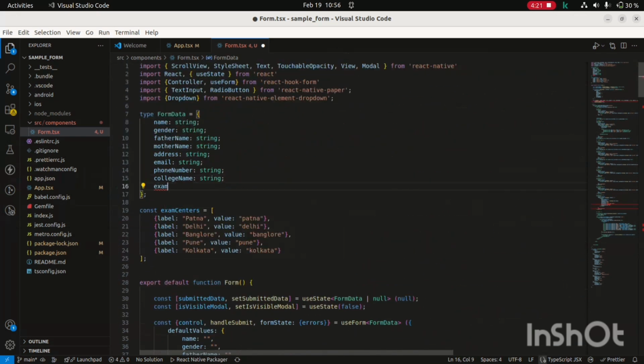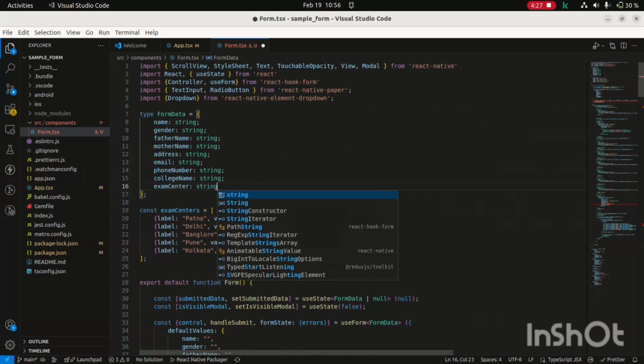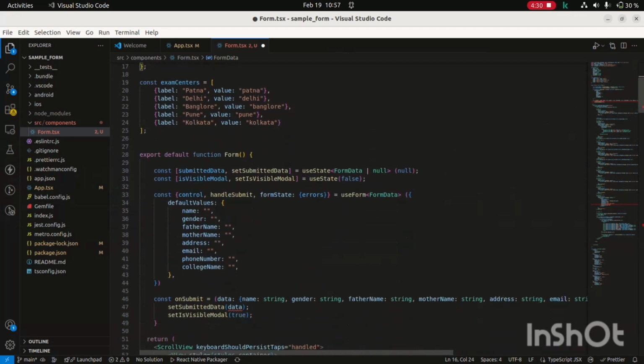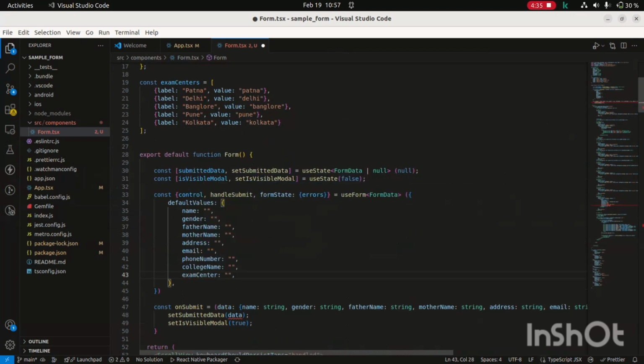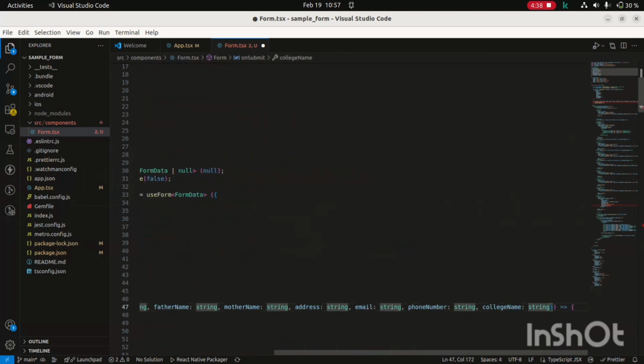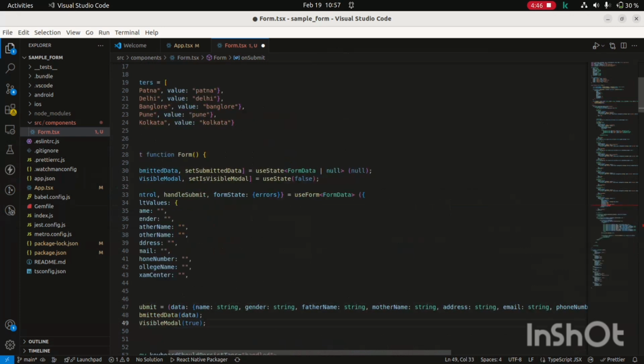Okay, so exam center is string, and also we will define it in default value, and next is in on submit exam center as string. Okay, now we will also define it in model. Okay, so first